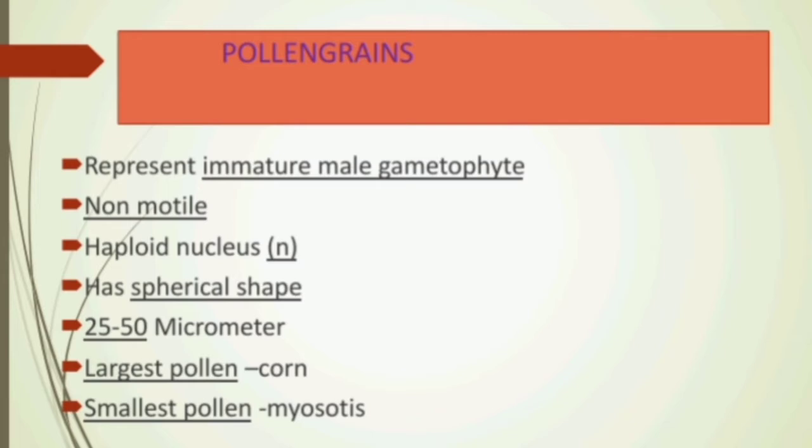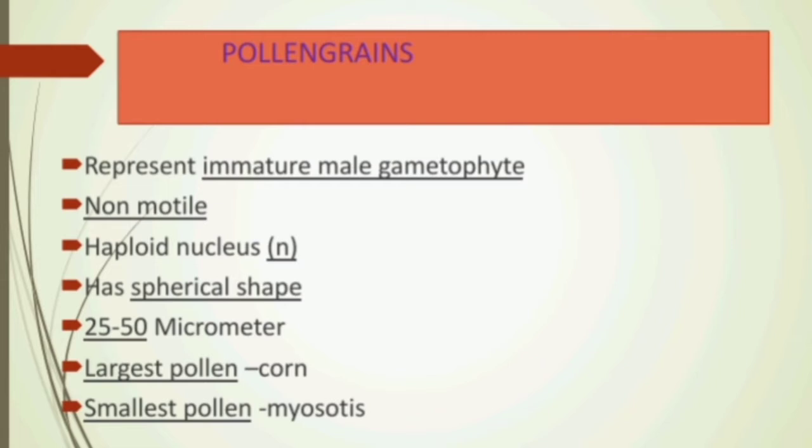Okay, so in this slide we're going to see the general description of pollen grains. We all know pollen grains are the male reproductive organ in angiosperm plants, and the pollen grain is known as the immature male gametophyte, and it is non-motile. Non-motile means it can't move from one place to another, and it has a haploid nucleus and a spherical shape. The pollen grains are spherical in shape, and are 25 to 50 micrometers